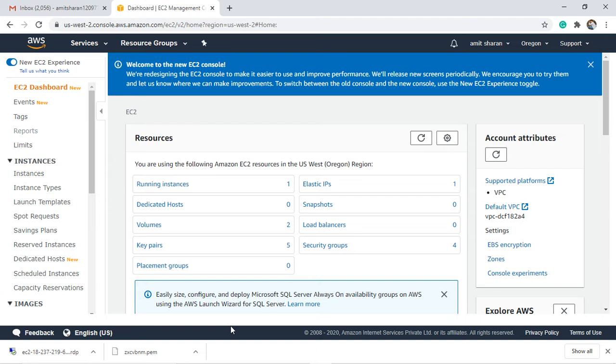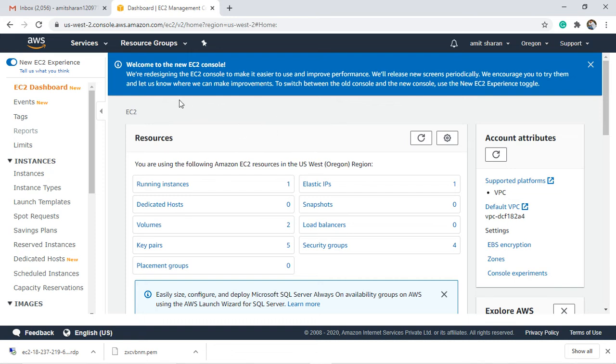The instance is equivalent to the virtual machine run by ESX and KVM in your own data center. The container is available in ECS, which means Elastic Container Service, or EKS, which means Elastic Kubernetes Service. Containers are used for purpose isolation and increasing utilization density on your physical hardware. So this is EC2, this is compute.